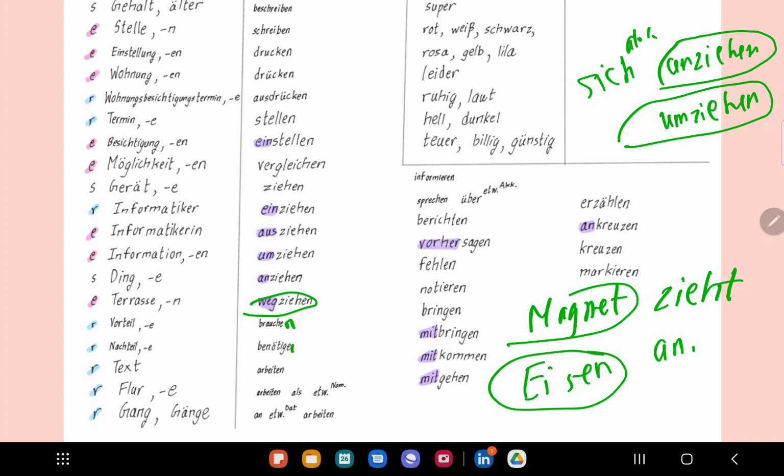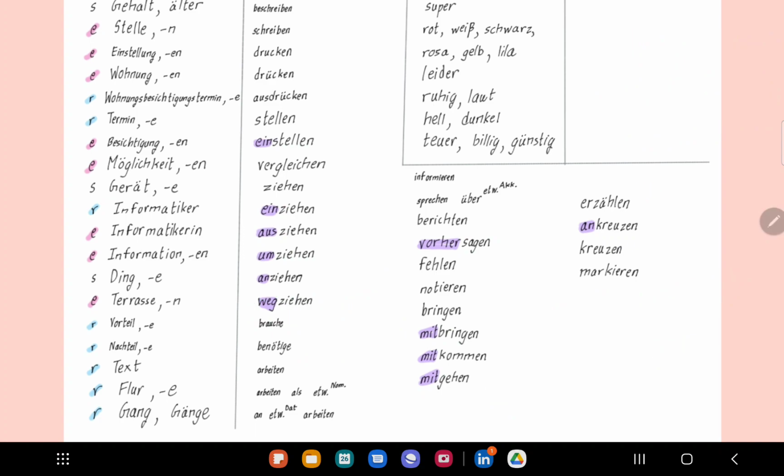Then you have brauchen, benötigen. Brauchen usually means require, I believe, and benötigen means need. Please go through it. Please see if you know the meanings of them, and just write, and then see if you've guessed the right meaning on leo.org. Before I do that, let's see if you can tell me what drücken and ausdrücken are. So drücken is to print, I believe. Drücken is to push, and ausdrücken is to express, right?